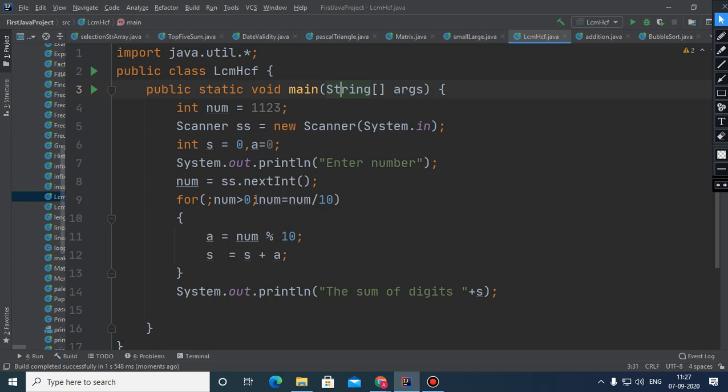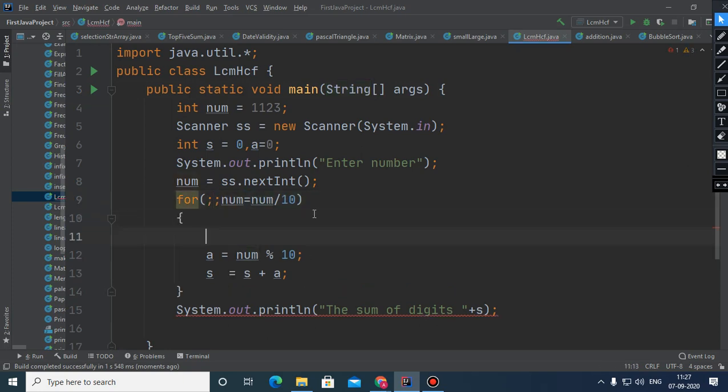And now what we can do, children, suppose I have not written this, then also the loop is okay. But if I am removing that, I need to write if num is 0, then break, because the condition has to be there within the body or within the looping syntax part.